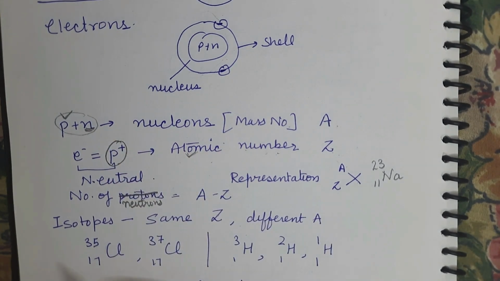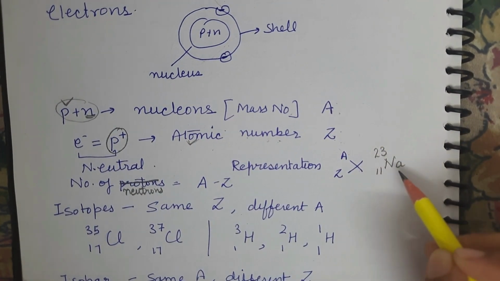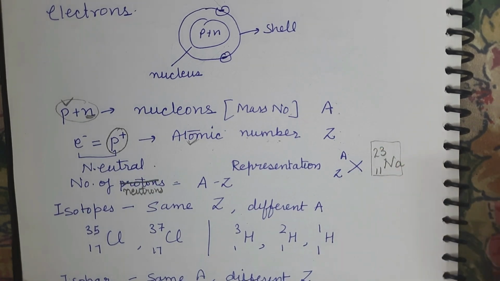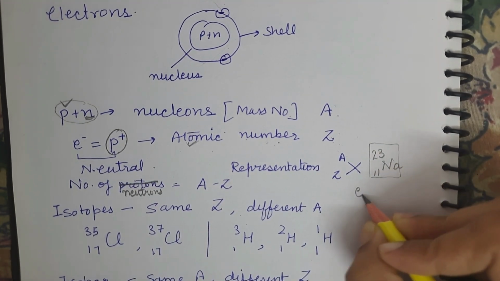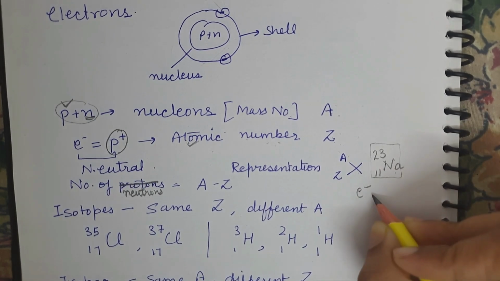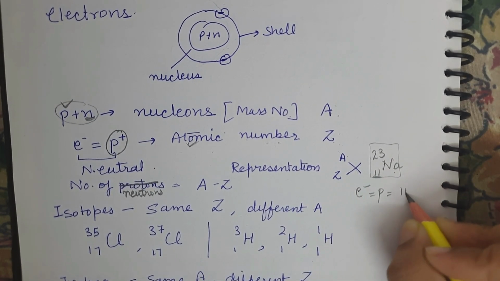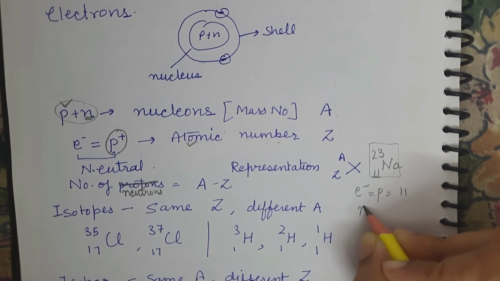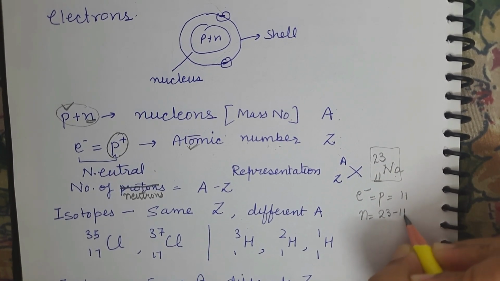So you subtract the atomic number from the mass number. For example, if in this particular element you want to find the electrons, protons and neutrons: as I said, because this atom is neutral, the electron and proton numbers would be equal, given by the atomic number 11, and the number of neutrons is A minus Z, that is 23 minus 11,